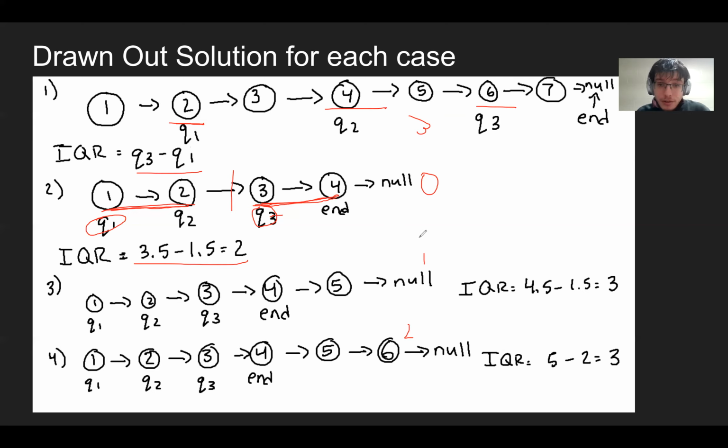Okay, our next case is with mod 4 for the length we get 1. So for example, we have length 5, and 5 mod 4 is 1. And again, it's odd length, so we don't include the median in our calculation. We just split around the median. So it's going to end up looking exactly like the previous one because we're just not including the median. So we have this, and then we have